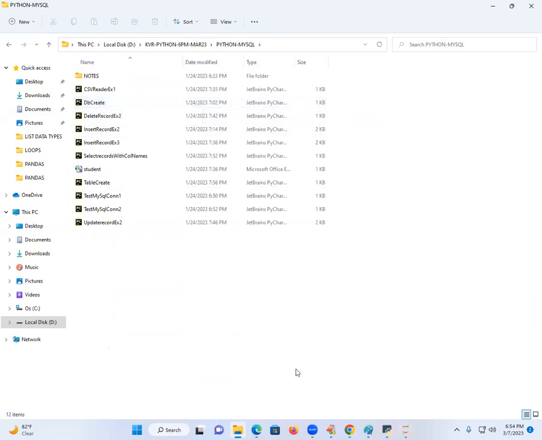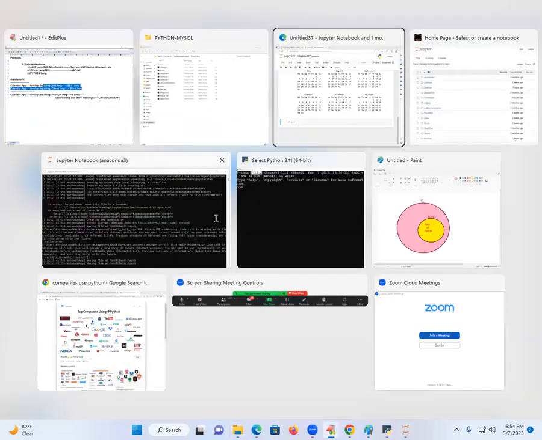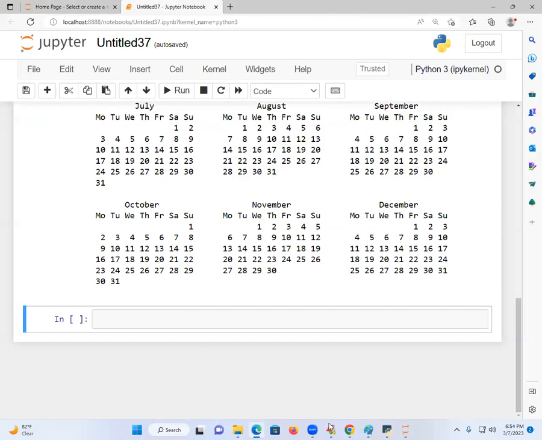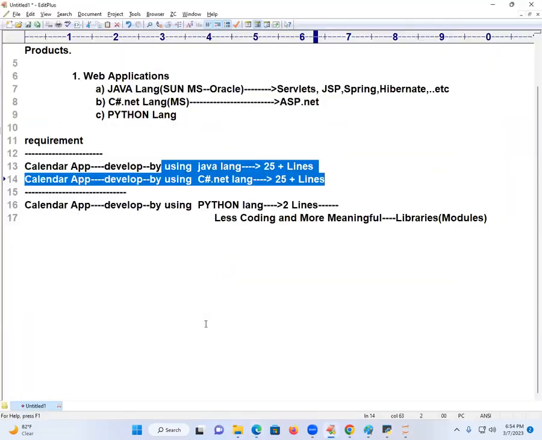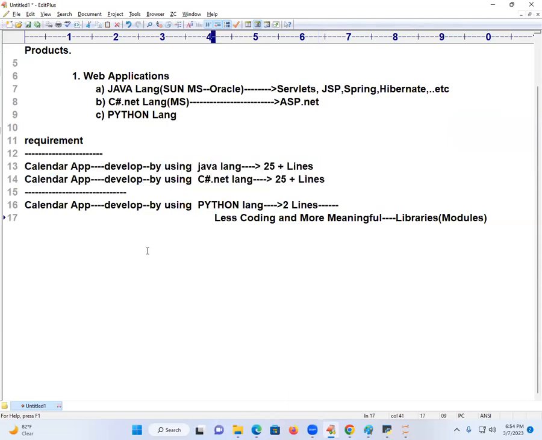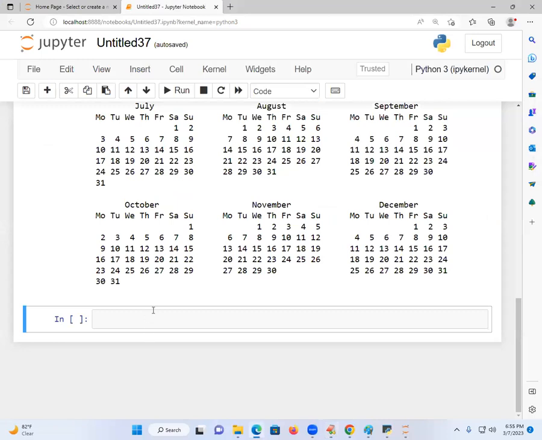Now, one more example I will show you. I want to generate an OTP. In our financial transactions, OTPs are important. If I want to go for OTP development in Java, at minimum I need to write 20 lines. Compulsorily I have to write it. The same thing in .NET also, the same thing in other languages also. But when I come to where? Python, there is a module called what? Import random. Spell it out.